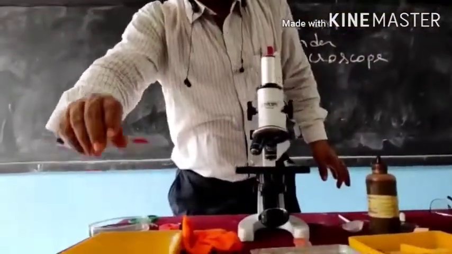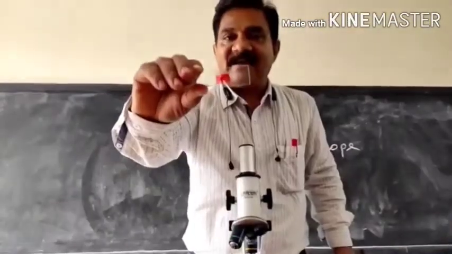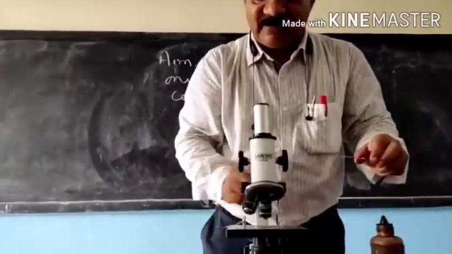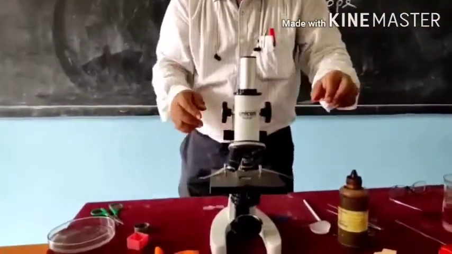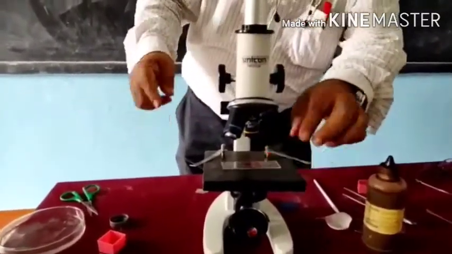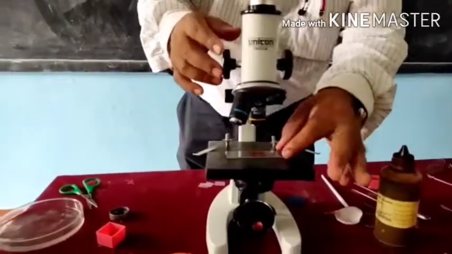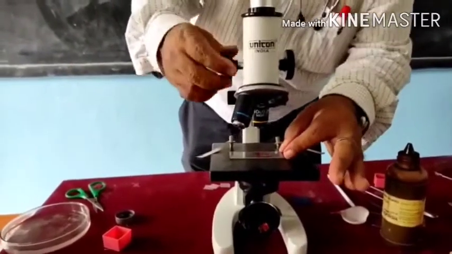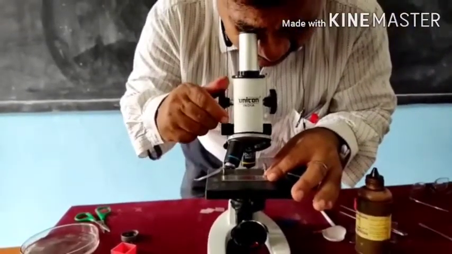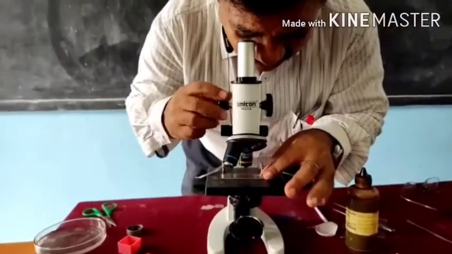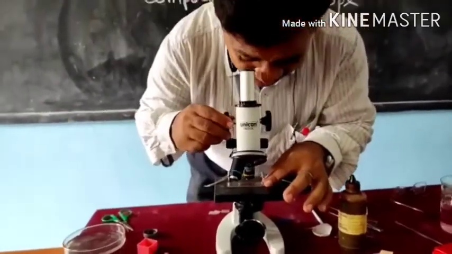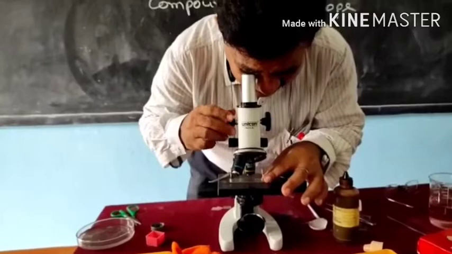Then I will take the temporary slide in my hand. I will keep the slide here. You can see I will remove the pin. This coarse adjustment I will do like this. I will keep this on the stage and one hand here, and I will see whether something is coming or not. Only red color is coming. When we go up and down, something will be visible, and I have to see that only.